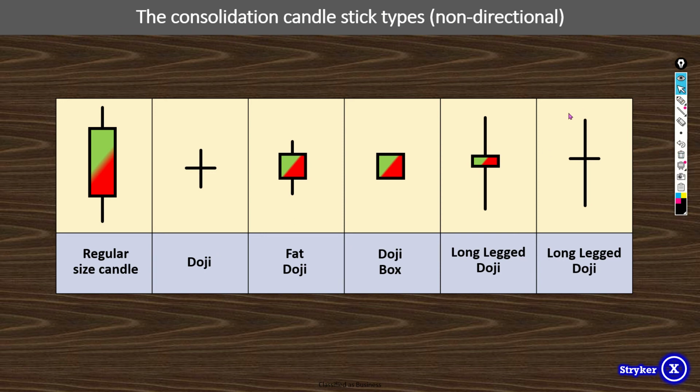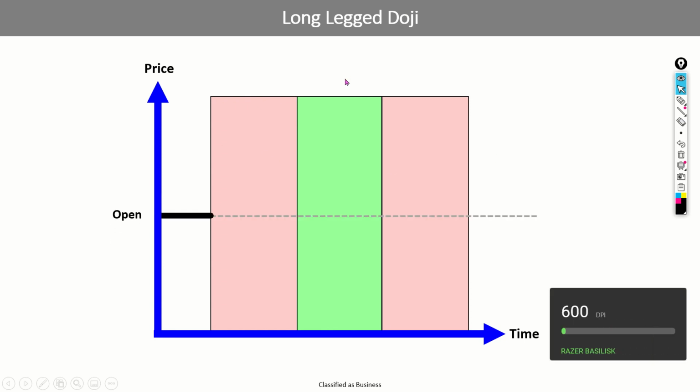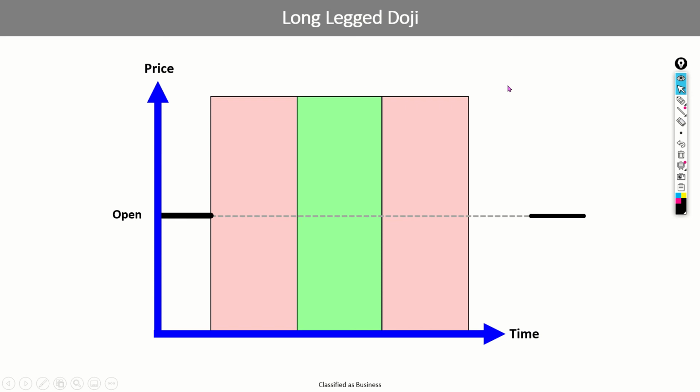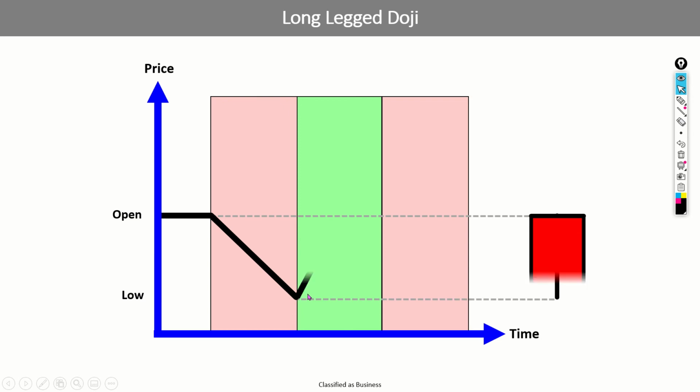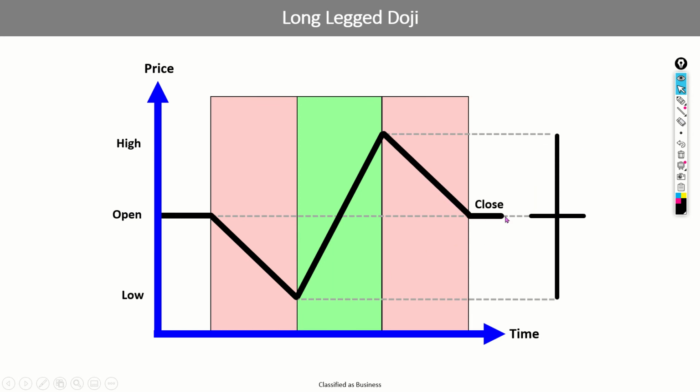So how does this work? Let's say for instance the long-legged doji, how is it formed? Let's say this is the price opening, then a candle starts to form. At first, let's say it goes down, couldn't go any lower. Let's call this a low, then it goes up, forms a high, and then gets rejected by the bears and goes back to the opening point. So the close and the opening point are almost the same for this kind of candle. A lot of people say that this kind of candle